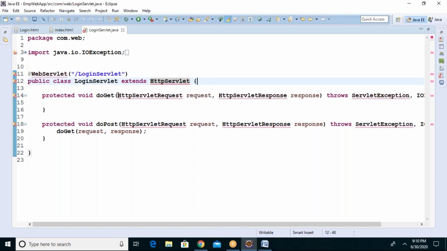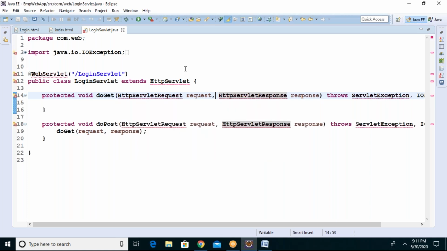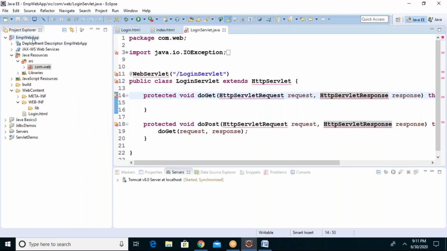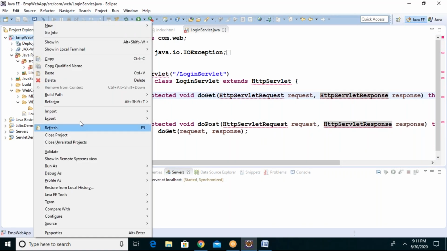So here, if you look at it, HttpServletRequest, HttpServletResponse. Then why are the errors coming here? Guys, why are the errors coming? Library. So you should give the import. Why are you not getting the import? I already told you in the beginning session: you need to attach the server to your project. I created a new project, so I did not attach this Apache Tomcat from my Eclipse to my project.